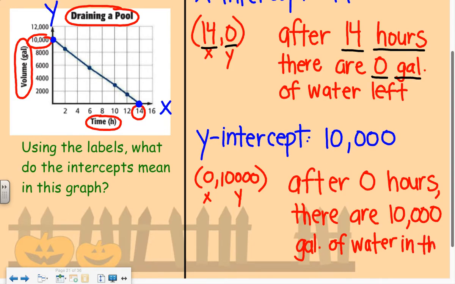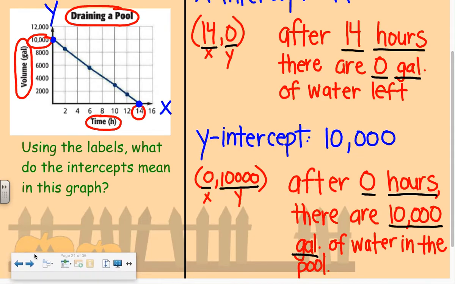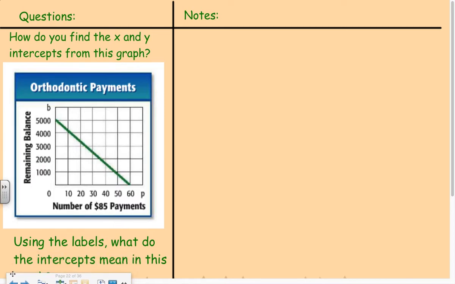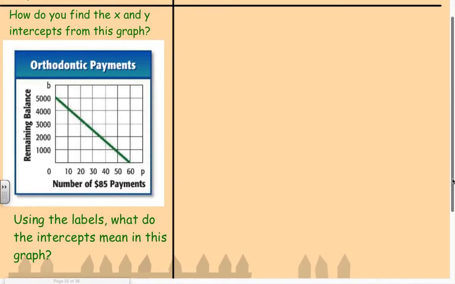So watch again how I used the number 0 in my meaning, the number 10,000, and then I used my labels. X label is hours, that went with the 0. Y label is gallons, that went with the y. So that's what you have to do for that problem. All right, let's try another one of those. So again, we're going to find the x and y intercepts from the graph, and then we're going to interpret their meaning. So on this one in your notes, I would make sure you have orthodontic payments as a label,